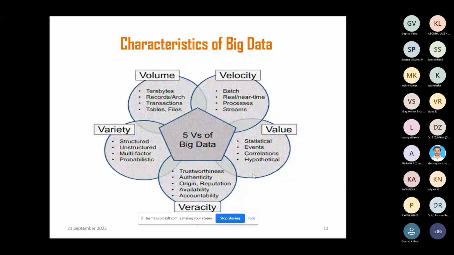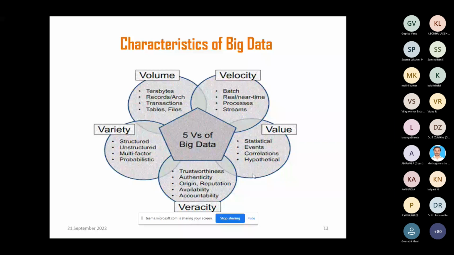So where they were thinking that, of course, we may handle huge and massive volume of data, is the data generated from an authorized source? What is the trustworthiness of the data? Authenticity, origin, reputation, all these are, to some extent, about secured features, where we ensure whether it is from a reliable source and whether we are able to apply and get some valuable insights from that or not, which is also a concern while handling big data. So this 5V model speaks about different components.